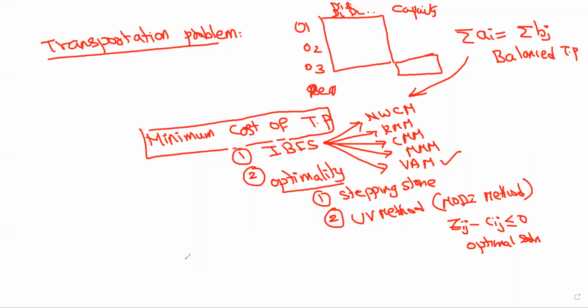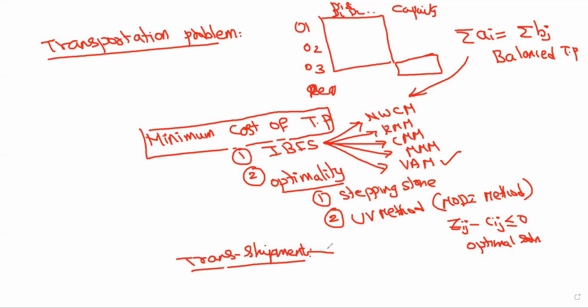And one more problem, the transshipment problem. Sorry, not traveling salesman problem. In a transshipment problem, origins can transport to other origins or to destinations before reaching the final destination. So here we don't have direct origin to destination only; it is origin to origin or origin to destination before reaching the main destination. That kind of problem we call a transshipment problem.